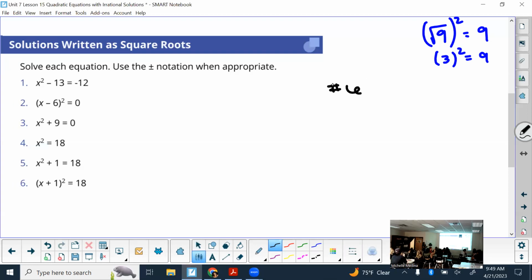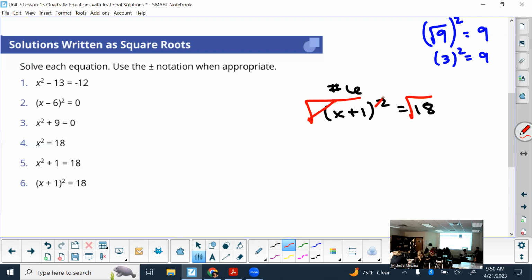So number 6. In all of these, when it says solve, what am I asking you to figure out? The answer for what x is. So yeah, whatever value of x makes it true. We've learned how to solve these a few different ways. Since there happens to be just 1 x in each problem, I think isolating the variable might be the easiest. So always start with what's farther from the x. Is that the 2 or the 1? And that's a square, right? So the opposite of squaring is a square root, and whatever you do on one side